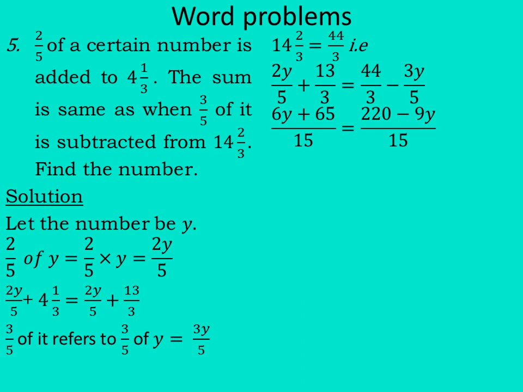We find the LCM. The LCM of the right hand side is 15, and also the LCM of the left hand side is 15. That's the LCM of 5 and 3. So on the left hand side we have 5 divided by 15, that will be 3. 3 times 2y, it will give us 6y, plus 3 divided by 15, that will give us 5. 5 times 13, that will give us 65, and equal to, now we are going to the right hand side,